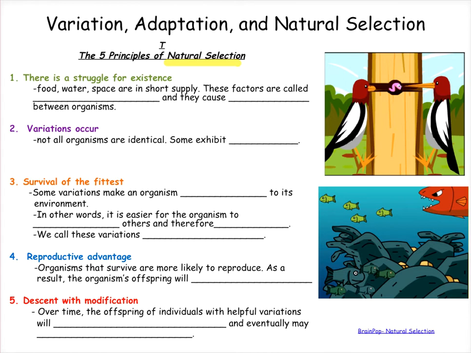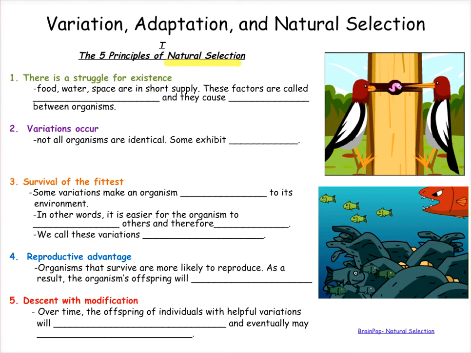And the 5 principles I'm about to describe to you are important in understanding exactly how evolution occurs. So do whatever you have to do, highlight or star, so that you know that you really do need to understand each of these principles, because this is how we're going to answer the question of how species evolve.